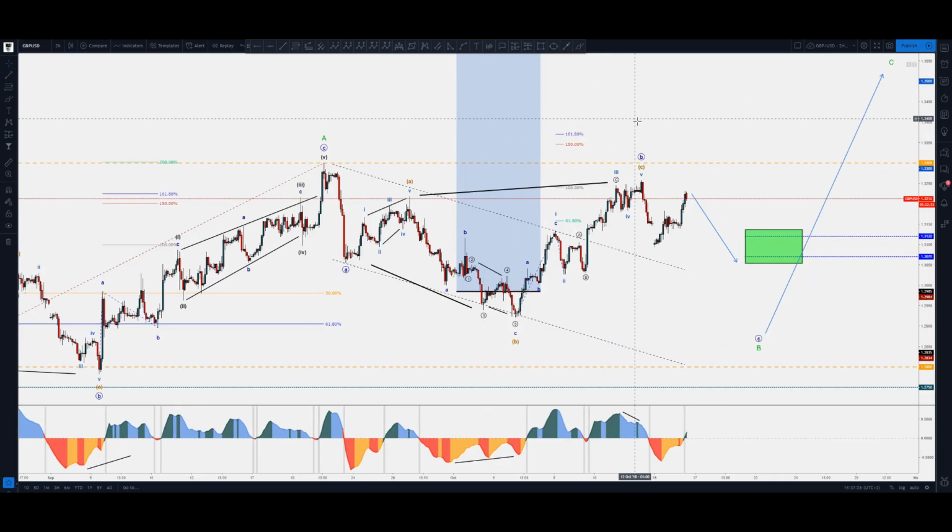Now pound dollar, right? Kind of the same pattern, but let's say for instance it rose with an A wave right there, and I'm not sure if this should be placed as B just yet, right? Because there are multiple things weighing right now on the pound, especially with the Brexit talks, etc. But let's say for instance I'm labeling it as a first leg A, then for me to label this as a B